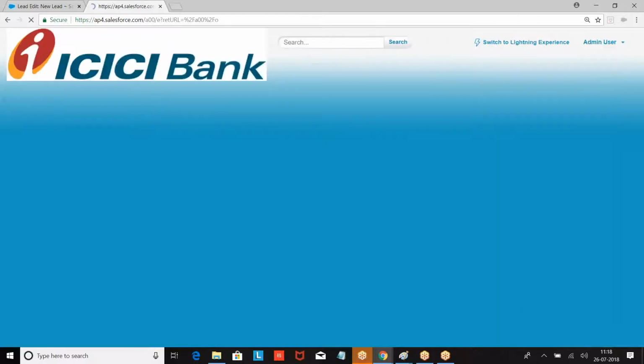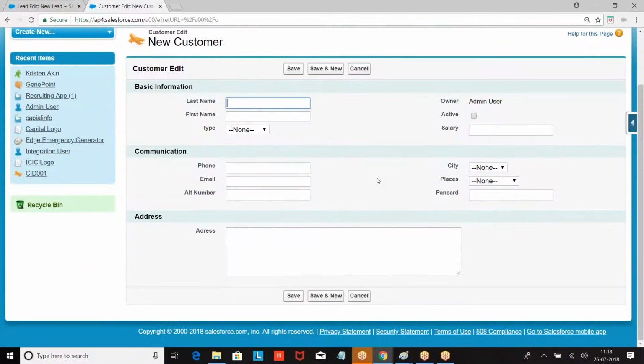Now go to the customer. Now you are able to see the fields here. Now we organize the fields. Now how did you get this structure? Because I mentioned it. I organized this structure. This is not the basic format. You brought this format. You organized this format. How did you organize? By using page layout.